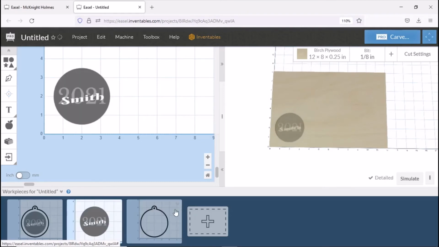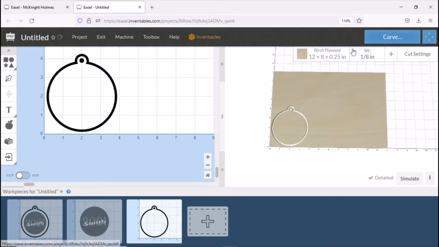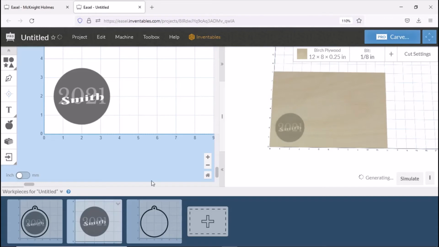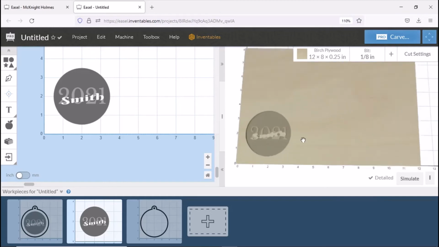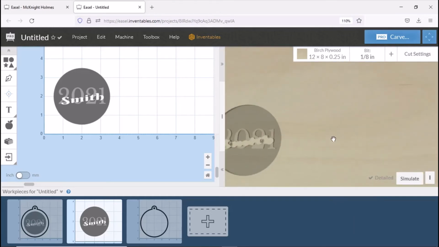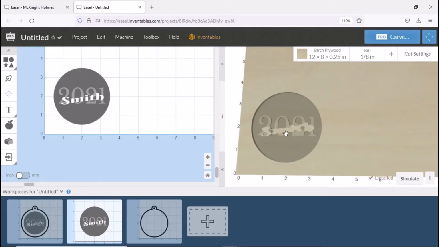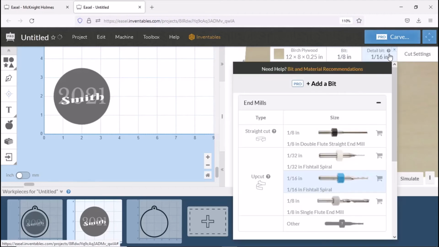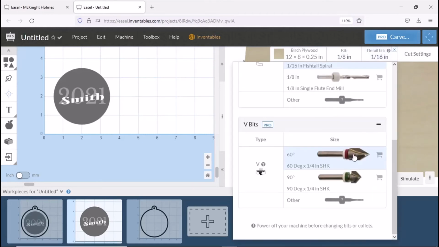So this, I will cut with a 1/8 inch. Get that set for 1/8. So if we come back over to this design, and you watch me make a detailed toolpath, look over here. That's not going to give you the results you want. All right. What will give you the results you want, and what I find works very well, is I use